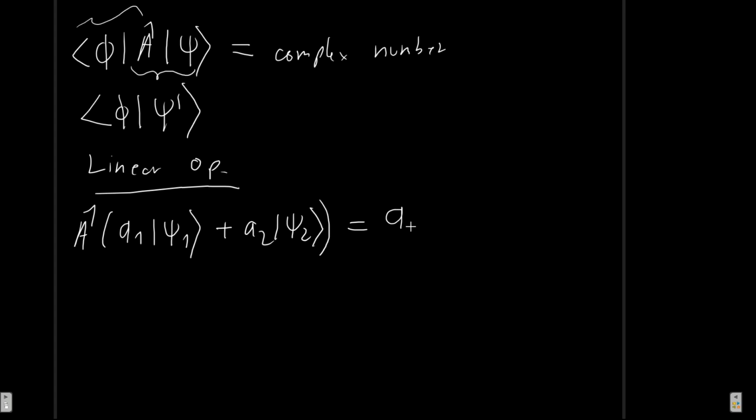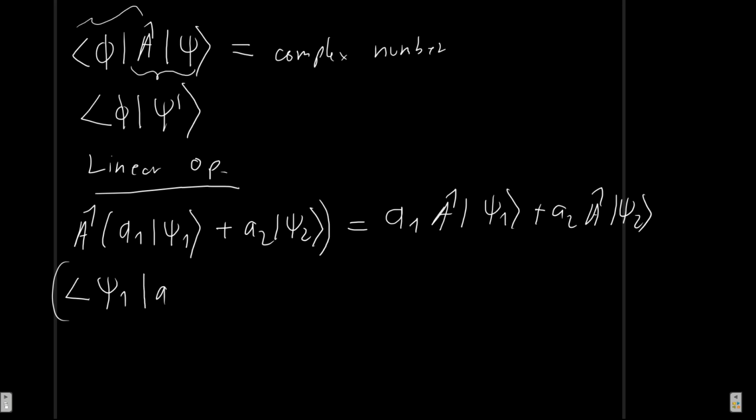So we get the A1, which is just a constant, times the operator A acting on psi1 plus A2 A acting on psi2. So this is basically the way that we would expect it to, and obviously this is going to be the same